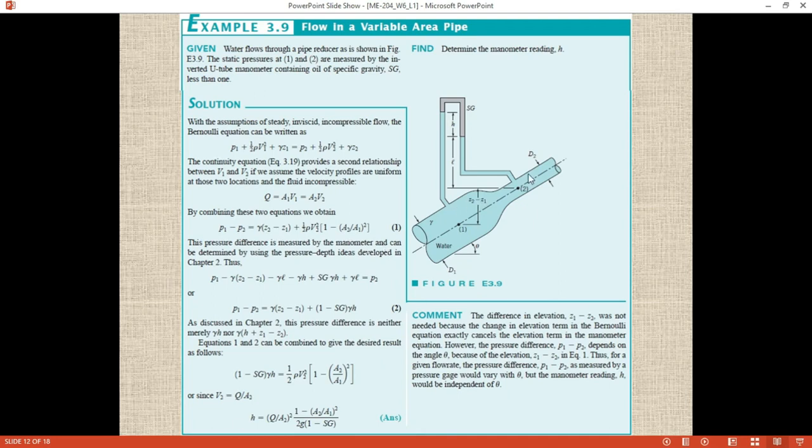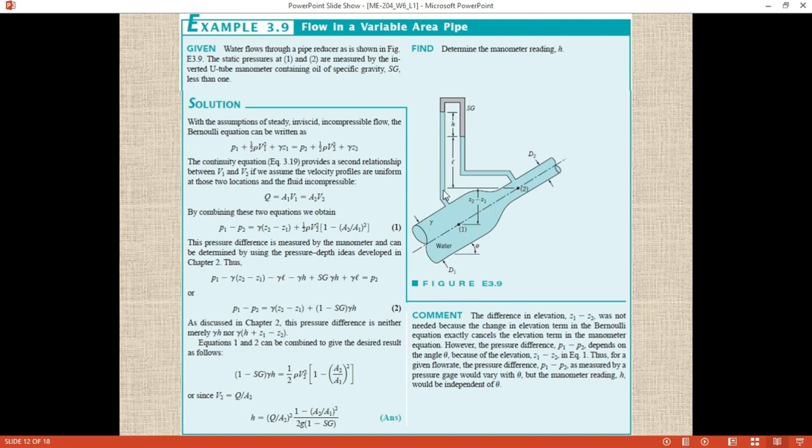Now we make another equation for the manometer. We consider this as our height of the column. This is our reference point, because whatever the pressure is here, the same pressure is acting at this point. So at these 2 points the pressures are the same. We start from here, this is point 1. The pressure at point 1 is P1, and as we are going up, the pressure is going to be minus.